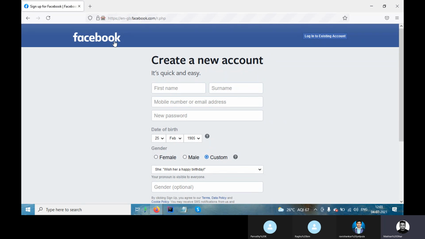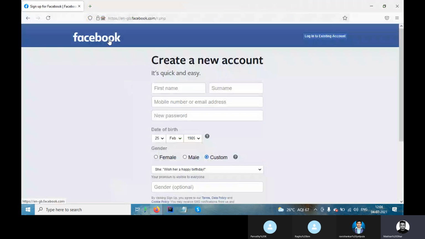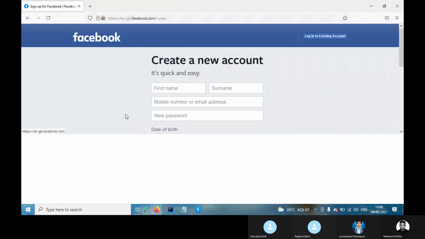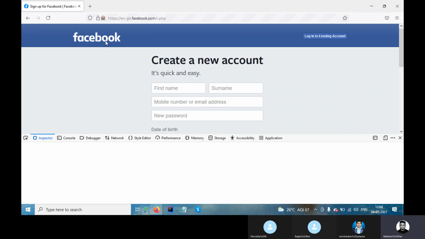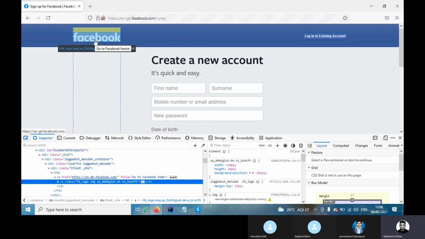Get text should be used like this: suppose I launch Facebook and I am on the Facebook page. I want to validate whether this Facebook is coming or not. So just inspect. This is the use of it, so it will fetch the Facebook text.